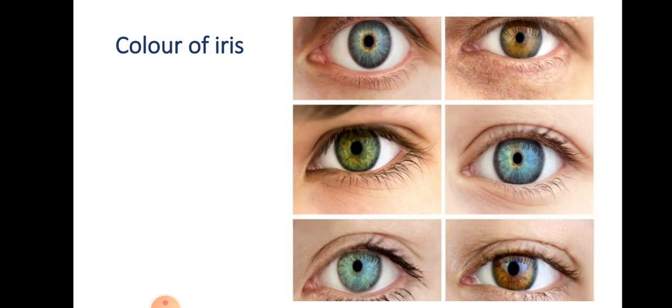In our eyes, the retina acts as a screen, because in the light lesson we learned that for producing an image we need a screen. So in this case the retina acts as a screen. The retina also contains several nerve cells, and sensations felt by the nerve cells are then transmitted to the brain.